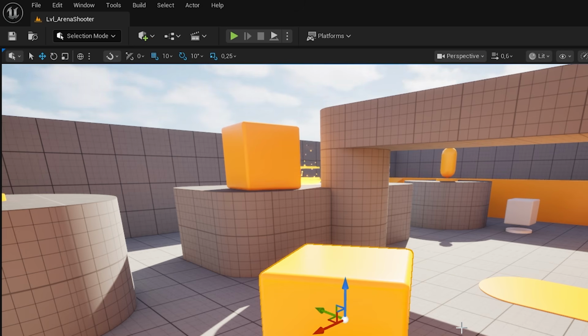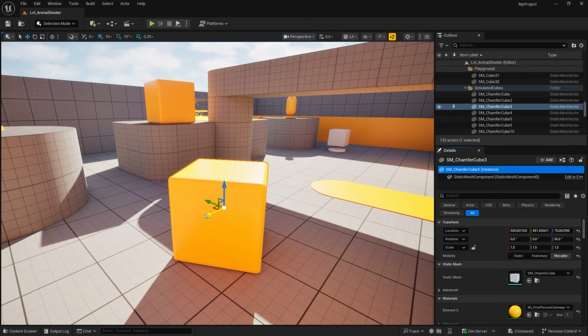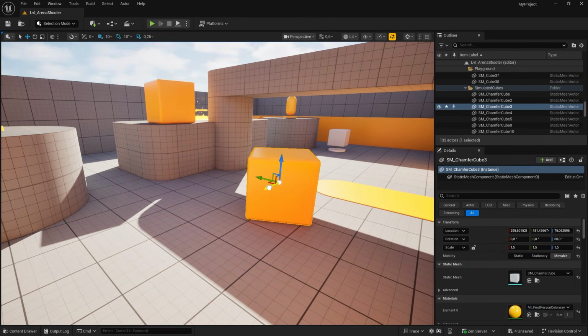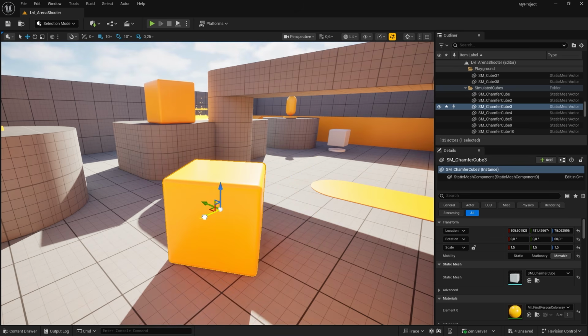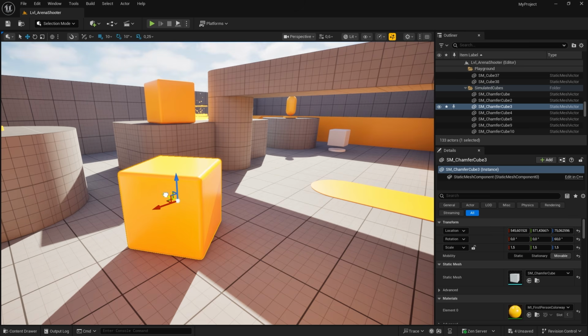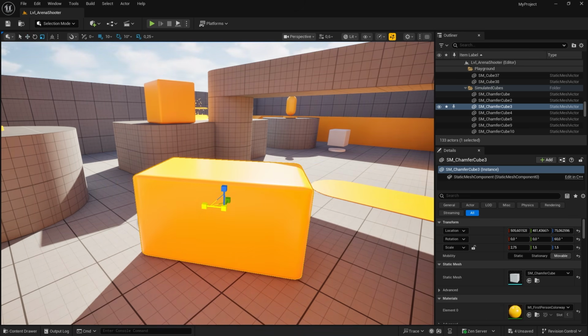If we have an object selected, we can see the Translate gizmo in the viewport. We can use the 3 axes to move the selected object in a specific direction by holding down the left mouse button on one of the axes and dragging the mouse in the direction we'd like to move the object in. The same rule applies to rotating and scaling objects with their respective tools.